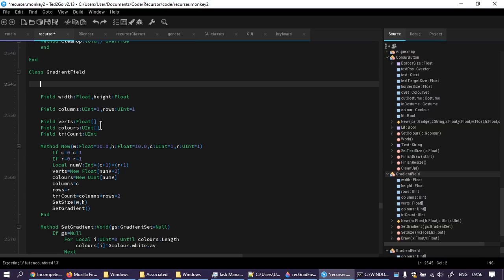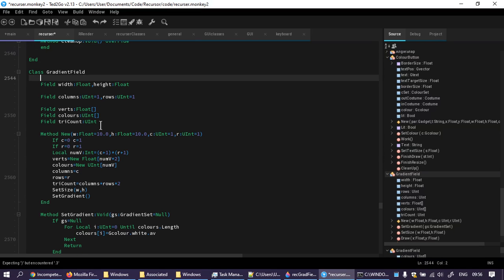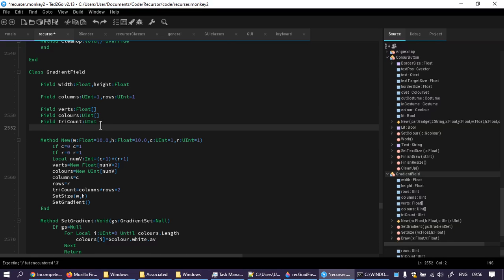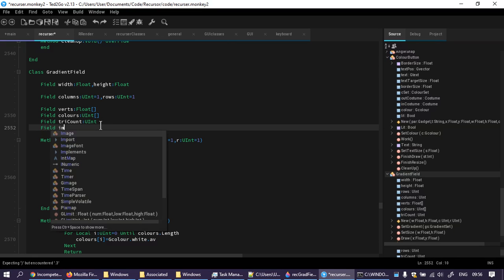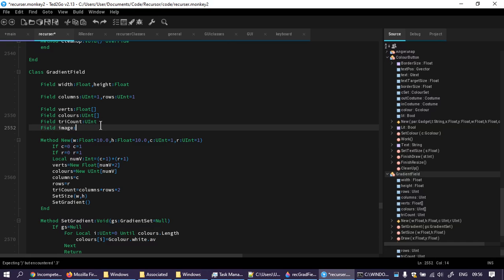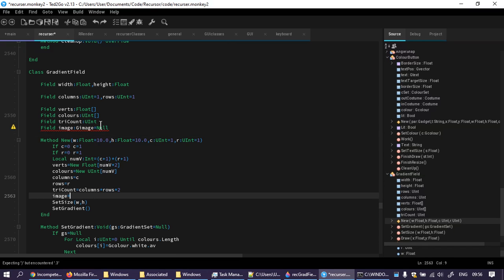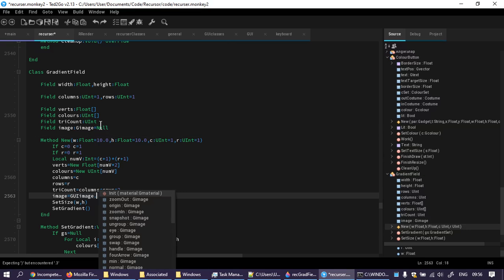I don't know if I can make it a global. I'm not going to. I'm going to say field image, gimage equals null, and in here I'm going to say image equals GUI image square,